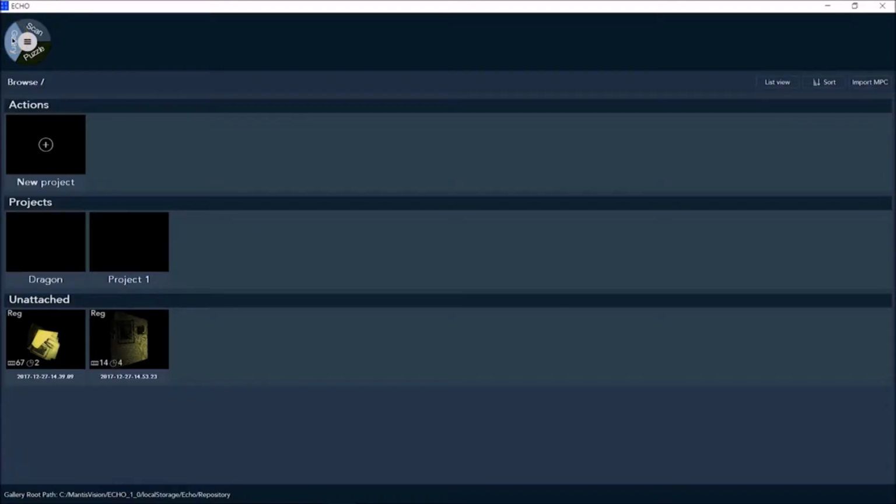In this video, we'll show you how to scan and edit with the Echo software. The Echo software opens in the Gallery view. Global app navigation is by clicking the Echo pie in the top left-hand corner. This pie is divided into three slices: Gallery, Scan, and Puzzle, and a center circle which takes you to the